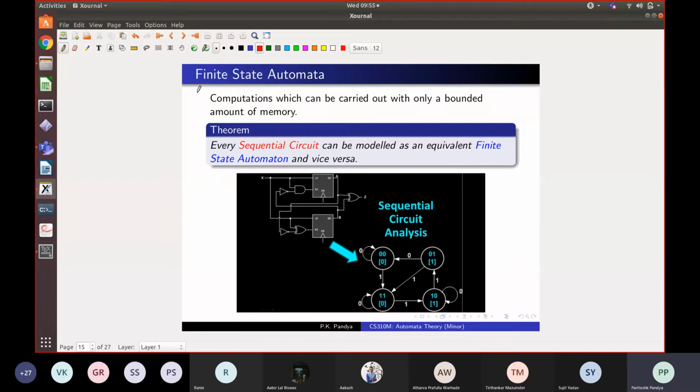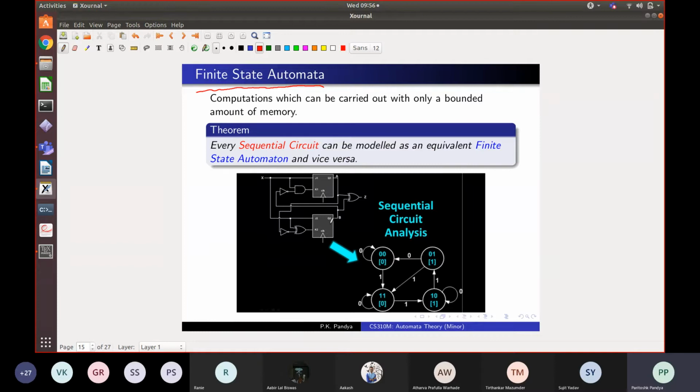So we are going to start our study with the study of finite state automata. This is going to be a big topic and it will occupy us for about 40% of the time, and these are devices where computations will be carried out only with a bounded amount of memory. That is, for a given problem, you build an automaton, and that automaton has a fixed amount of memory, and no matter how long the input string that it processes is, it should manage with that fixed amount of memory which is built into the automaton, and solve the problem. This is the kind of device we want to build.